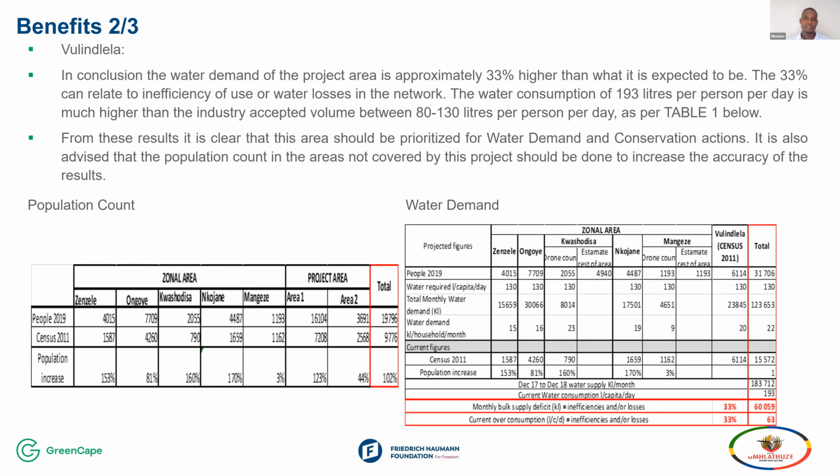The other study area was Vulindlela. With this one, the municipality got an idea of what needs to be done when it comes to conserving water because losses were found to be high. So the drone was not fully deployed in this area. It was partial, but the results indicated the need to go full force in implementing measures to reduce water loss.